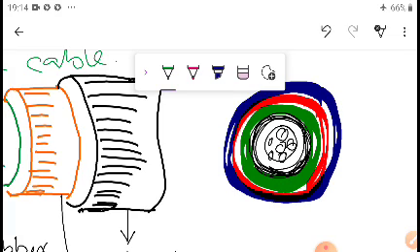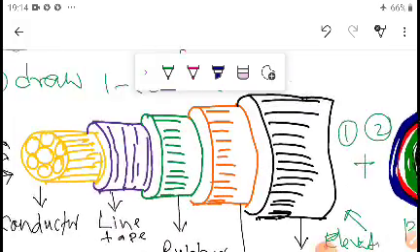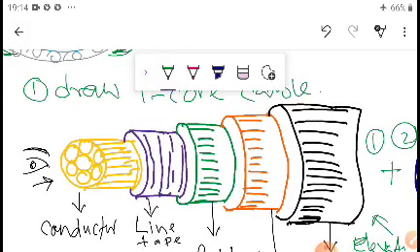So here this is a plan, this is a elevation. Okay, so you have to draw both this one and this two for the single core cable. Okay, so this is a single core cable, this is the elevation. So dear students, you can draw the remaining figures. Okay,